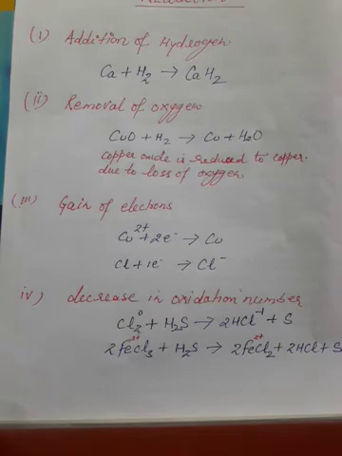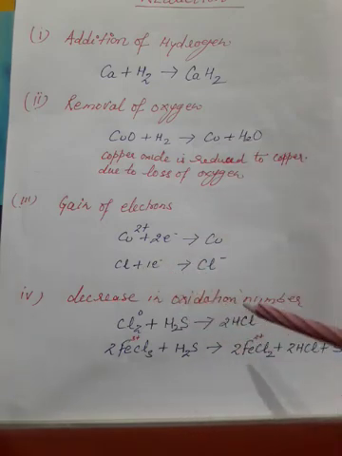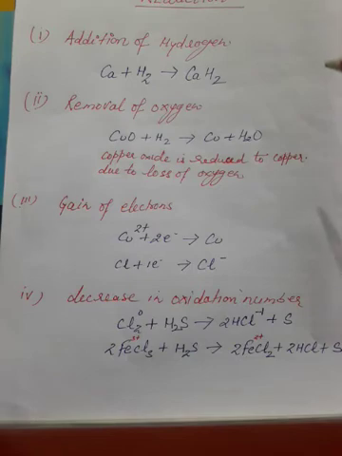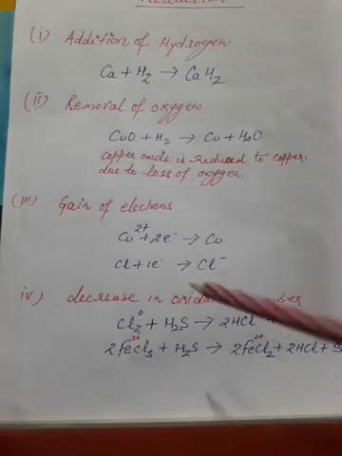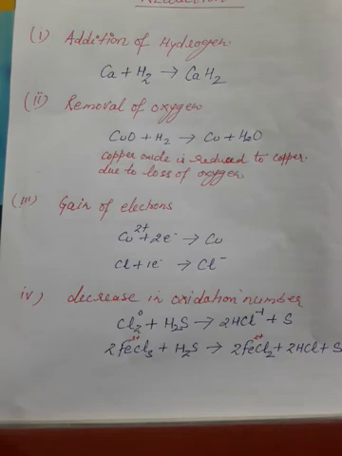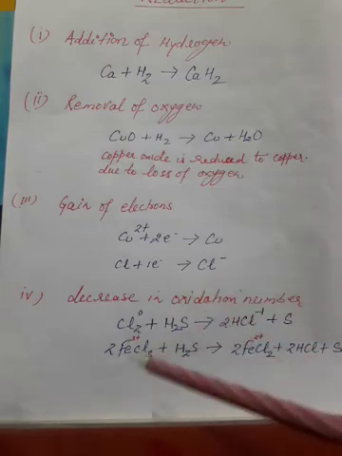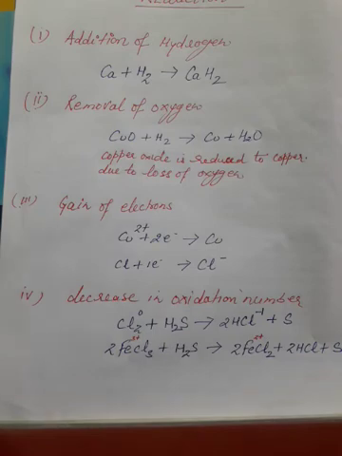And the fourth one is a little complicated, which you will study in detail in senior classes, but try to understand. Decrease in oxidation number is also known as reduction. Increase in oxidation number is known as oxidation. Decrease in oxidation number is known as reduction. Oxidation number is actually the formal charge on any atom or radical. If you know valency, it is mostly equal to the valency also. So I will explain with the second example, try to understand.